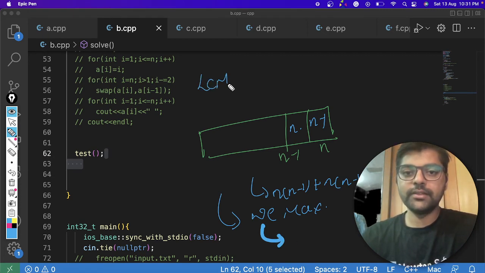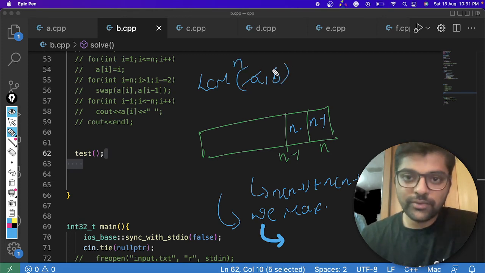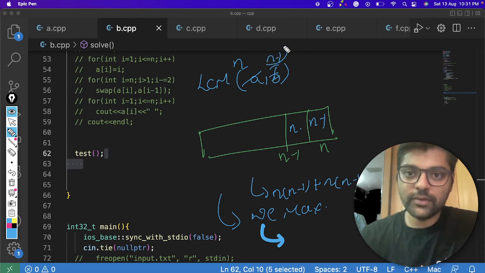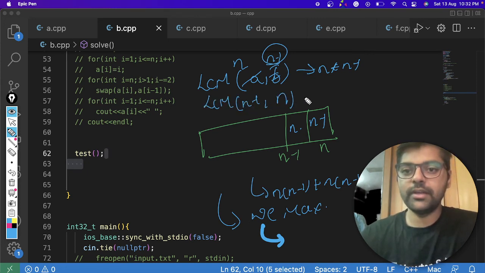We have to find the LCM of a comma b, like two numbers. So one is n, and if you give n minus 1 here, then we will get n into n minus 1. And for the other LCM, there is index n minus 1 here. If I put n, then I will get n into n minus 1.